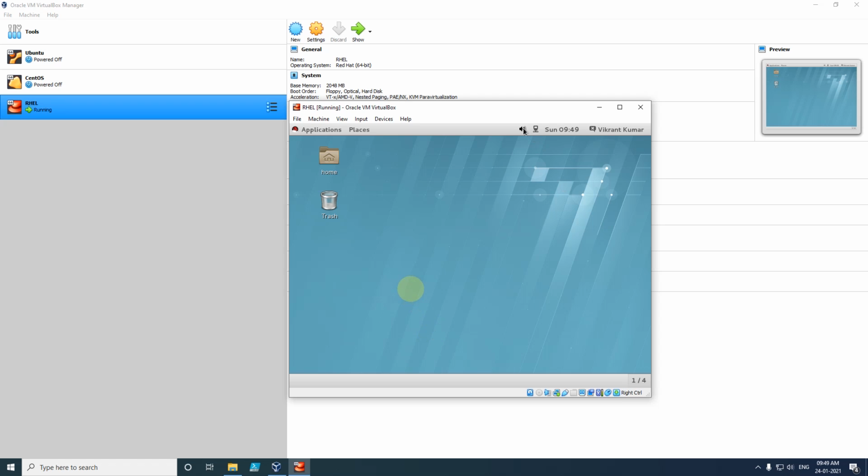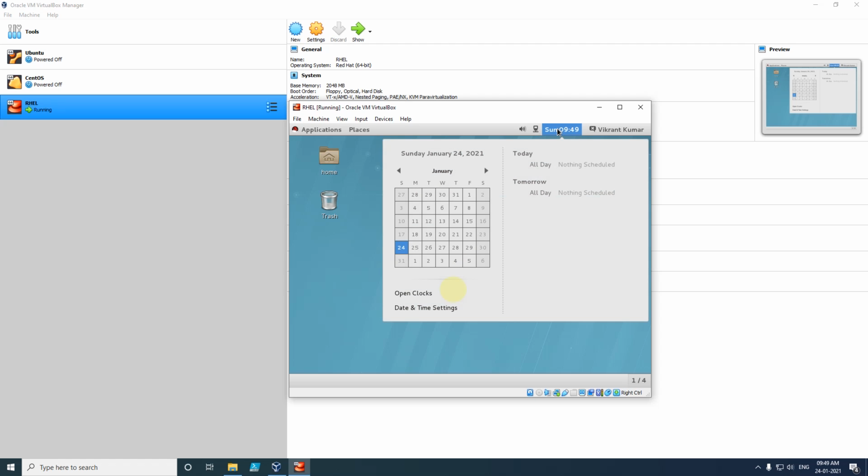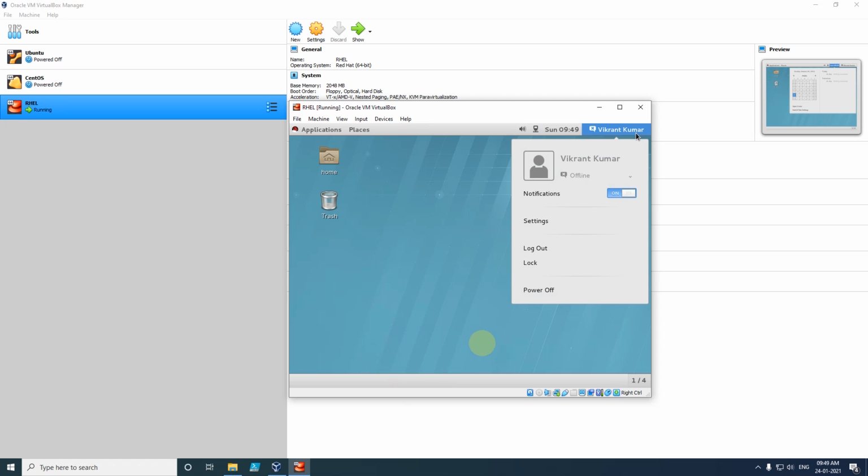And on the right side of the upper pane you can see we have sound, network, date and time. And after you click here you will be able to see the calendar and today's date. And if you click on your name, here you can see the profile and the picture.